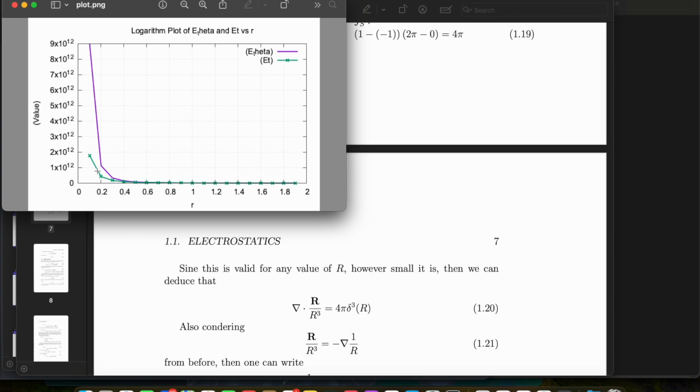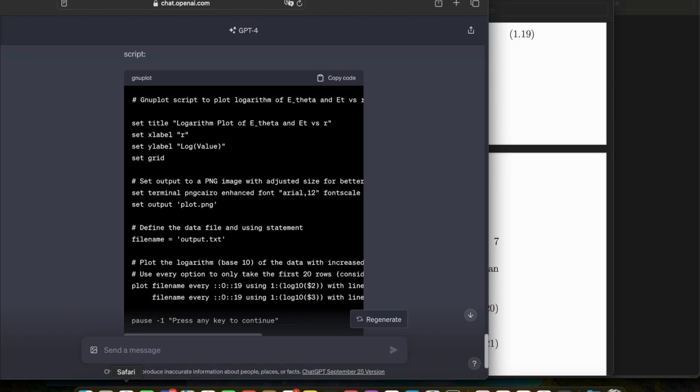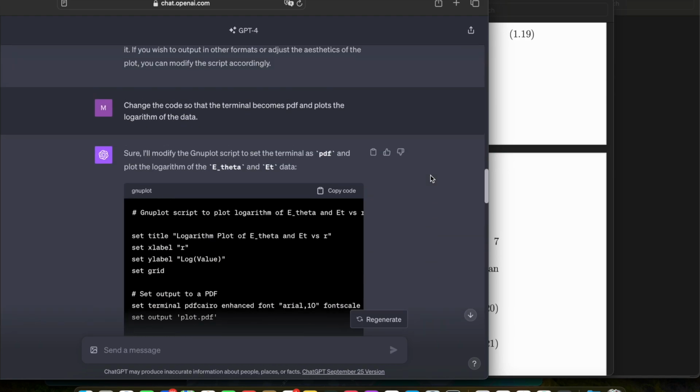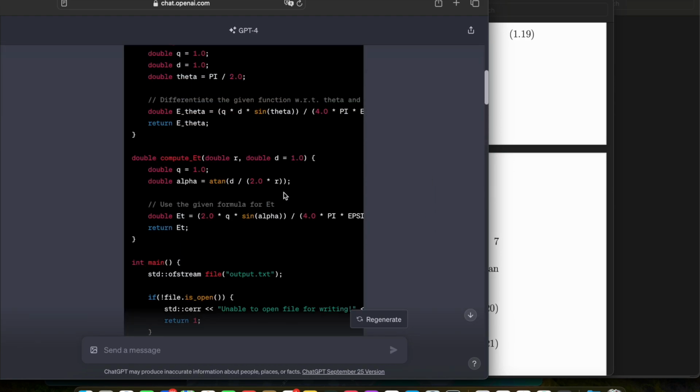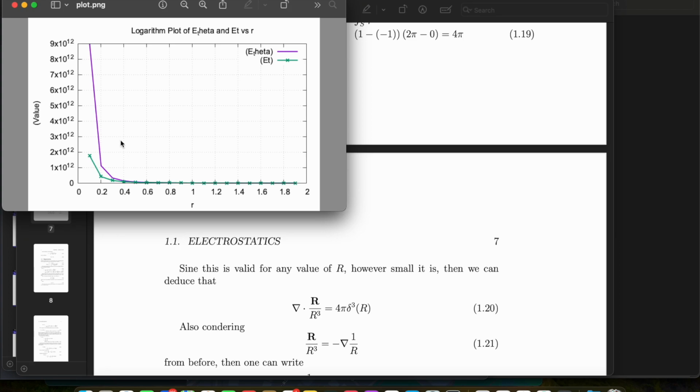Well, actually, the approximation that E theta, so I forgot which one was actually the approximation. ET is probably the accurate one, and E theta is the approximation, yeah. And we see that they are different from each other for small values of r. And the reason for that is basically what we had discussed before, and it's that that approximation is only valid